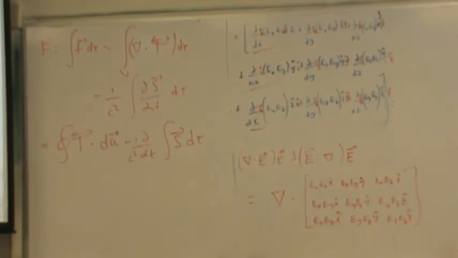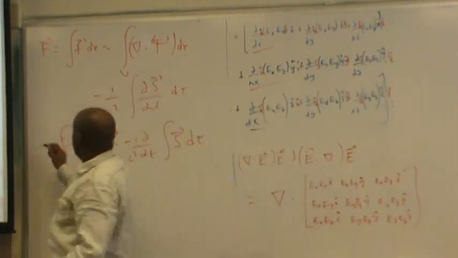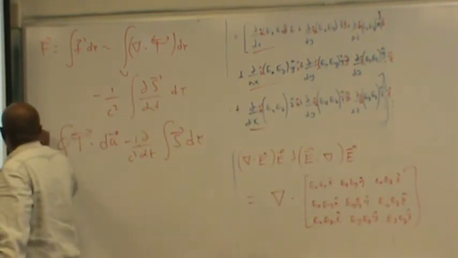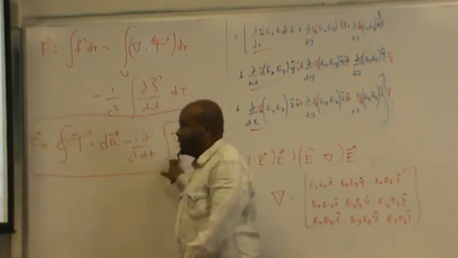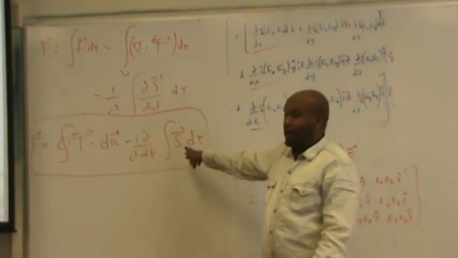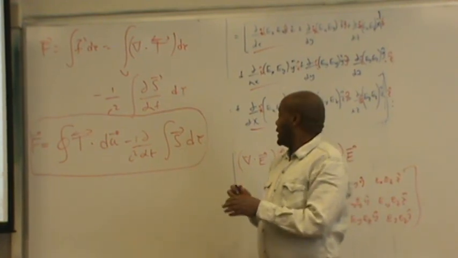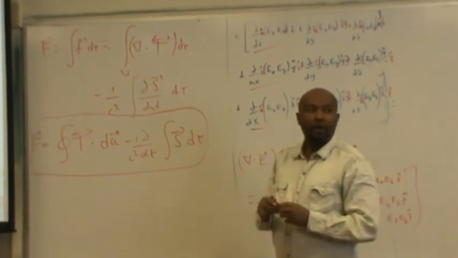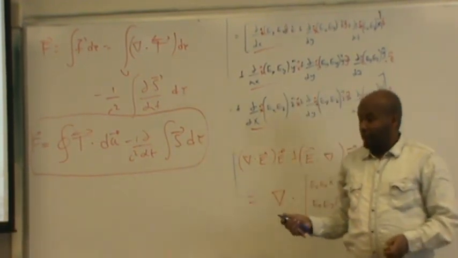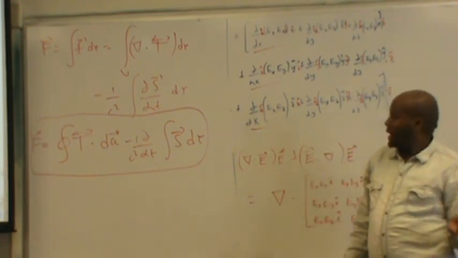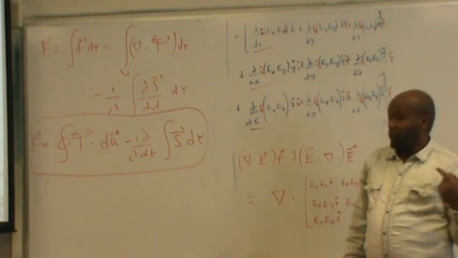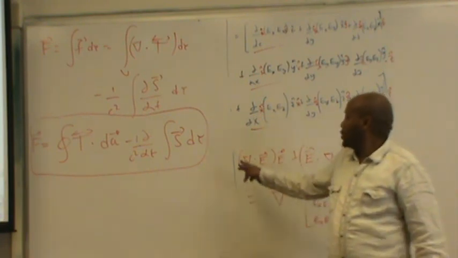So that's what you get for the force for the electromagnetic field. And this one, we will do an example. If you are considering the static case where the electric field, like the previous example, is constant and the magnetic field is constant, what would you expect for this static